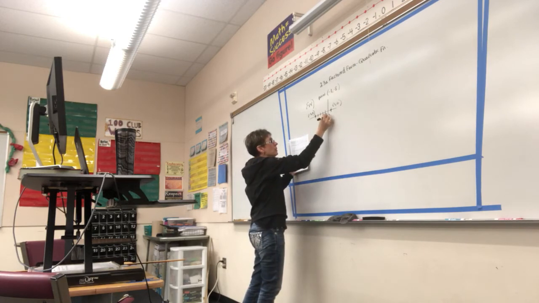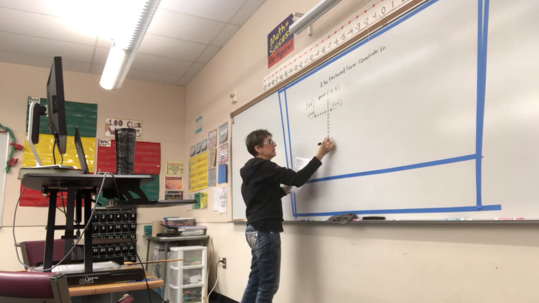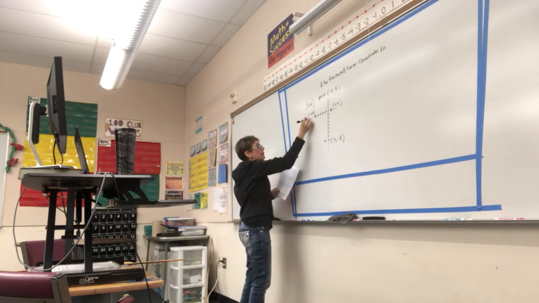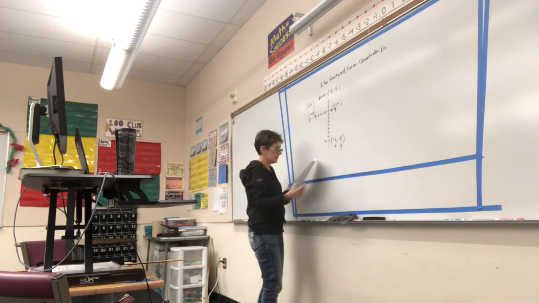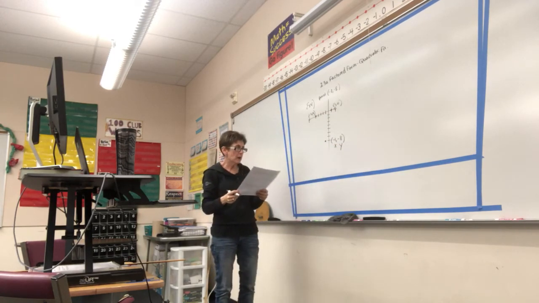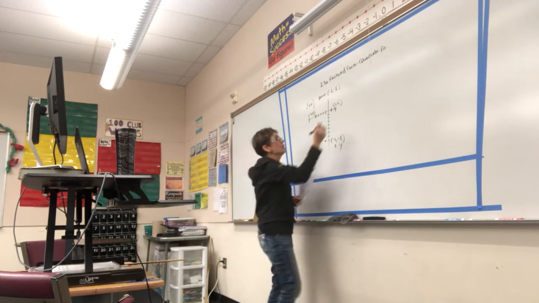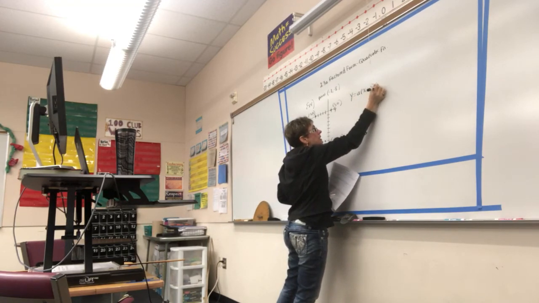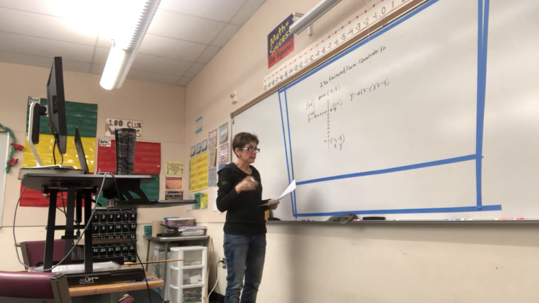Let's graph that. 1, 2, 3, 4, 5, 6, 7, 8. All right. So this is not the vertex, but it is a point on the graph, -1, -8. All right, so this is going to be our P, this is going to be our Q, and then this is just going to be an X and a Y. And we want to come up with the equation. So this is very similar to the problem we just did. We're going to write the general format here, Y equals A times X minus P times X minus Q. We don't know what A is, but we're going to plug in the X, the Y, the P, and the Q